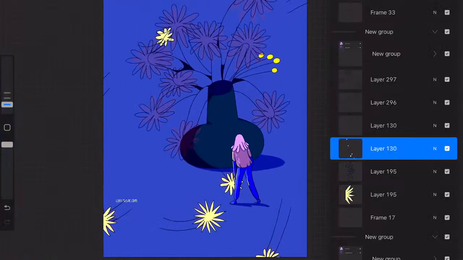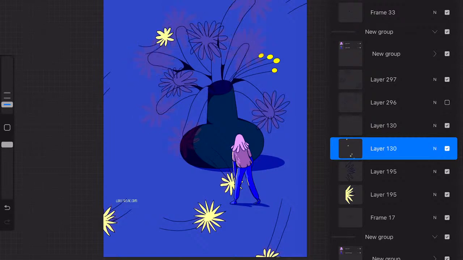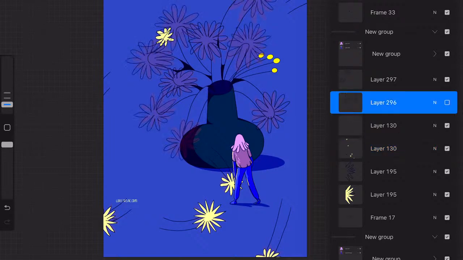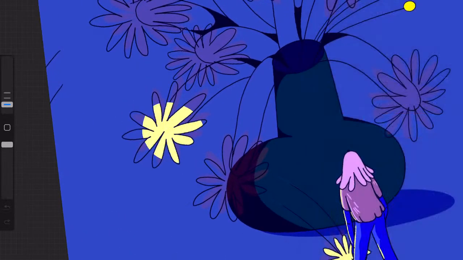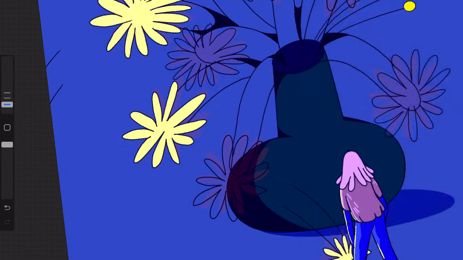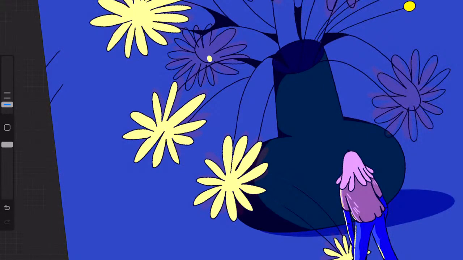I just have to drop color or draw the shape around the tails of the flowers, because as you see they are open, and I need to figure out how they will fade away in a way that